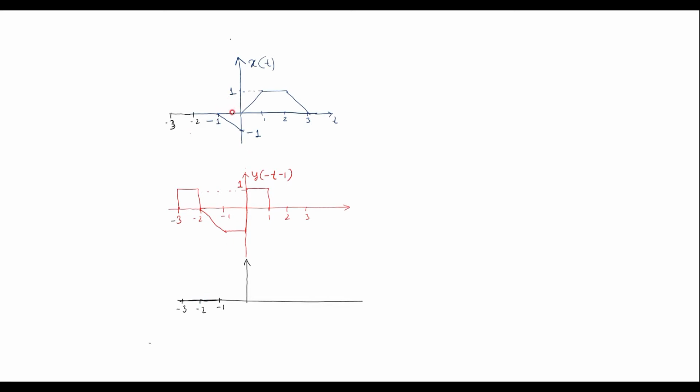Now here we can observe from minus 1 to 0, there is a negative ramp signal, and from minus 1 to 0, there is a negative step signal. Any signal multiplied with step signal, we will get the same signal. Therefore, here the negative ramp signal when multiplied with negative step signal, we will get a positive ramp signal. Therefore, positive ramp signal will exist between minus 1 to 0, which can be represented like this.